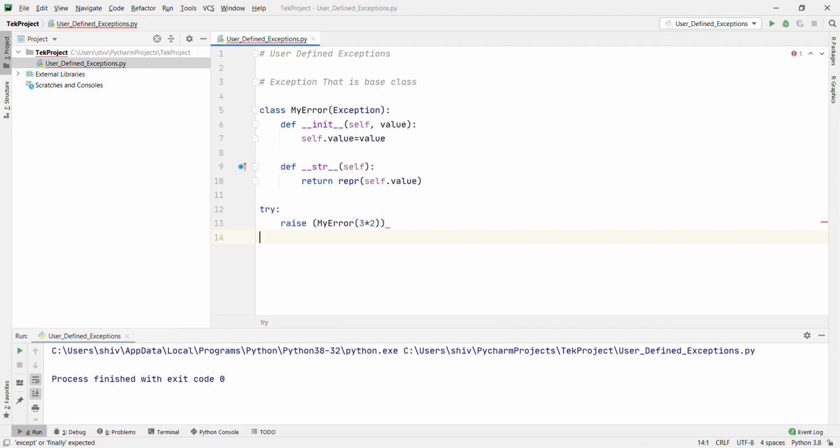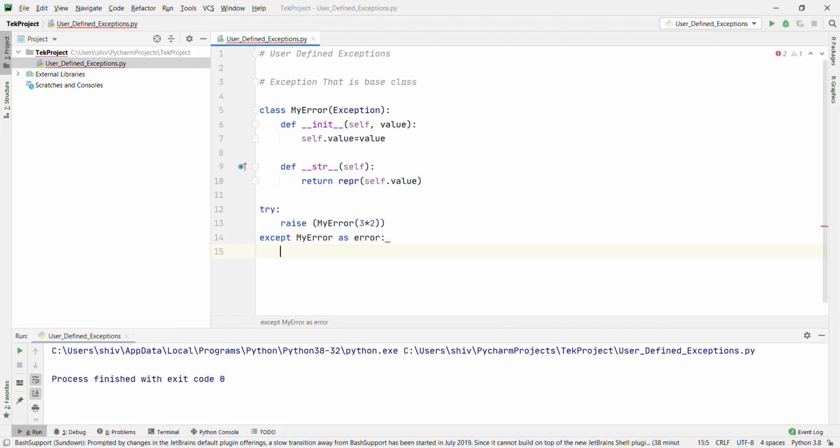After that except, that is going to catch an exception, MyError as error, colon, enter, print a new exception occur, and error.value.